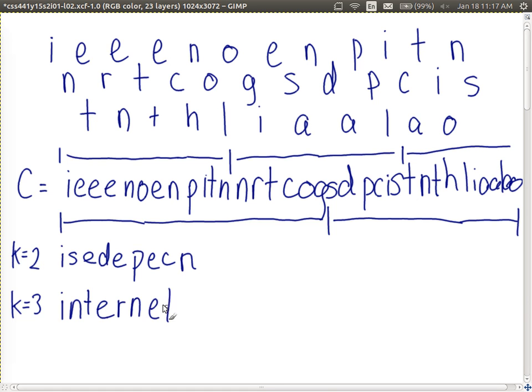N, E, T, and then you realise, Dr. Steve teaches about the internet. It's most likely the correct plain text. Let's keep going with that, and you'll see something that makes sense. Okay. So with some knowledge about what you expect to see, it's not so hard to break such ciphers.